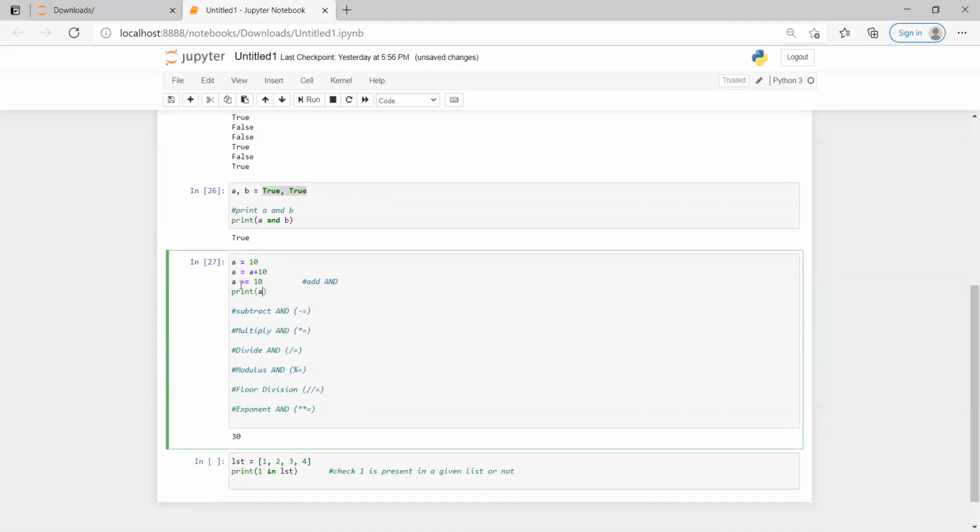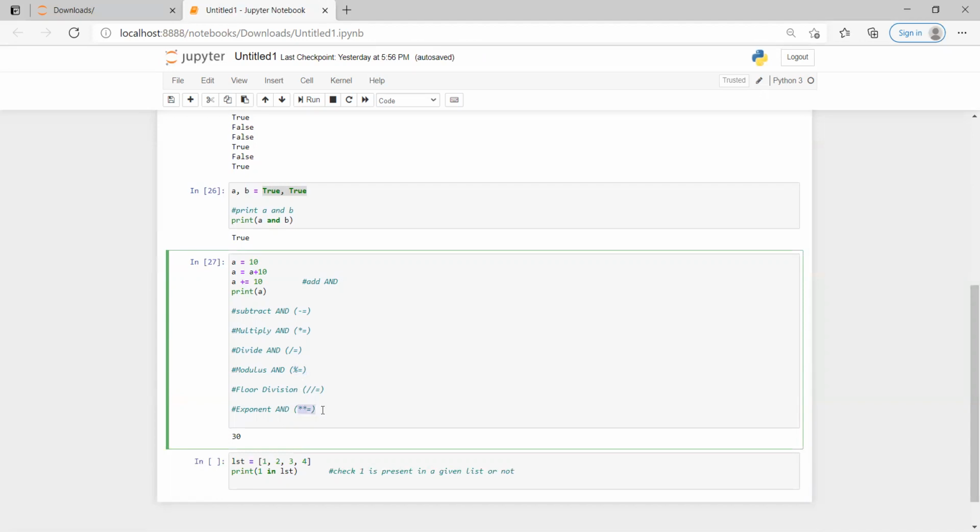Okay. Similarly, if you want to give minus instead of plus, you can give minus, you can give into also. So A into is equal to 10 is nothing but A is equal to A into 10. Similarly, you can make use of divided by is equal to. Similarly, you can use percentile equal to.